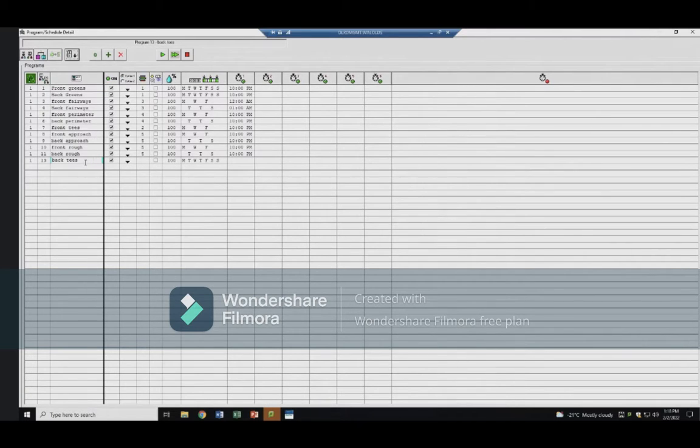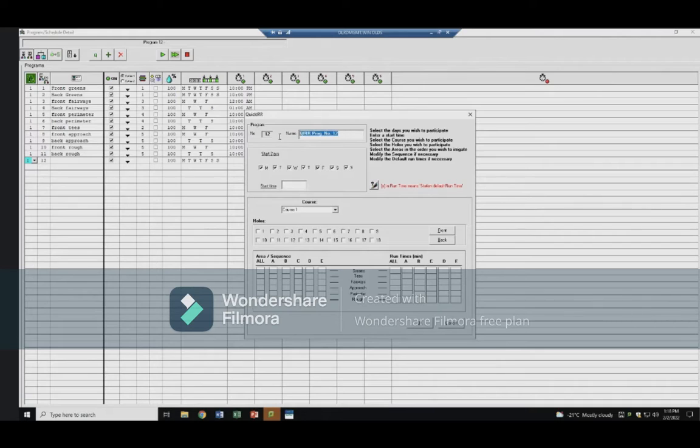But now there's a faster way, so what I'll do is I'll delete this back tees that I've created, and I'll click the plus sign again, but then this time I'm going to click the Q, and I'll change the name to back tees, and then I can manipulate the days I want it to run. So I'm going to make it run Tuesday, Thursday, and Saturday, and it's going to start at 10 p.m. I want to keep it on course 1, and then I will select the back 9